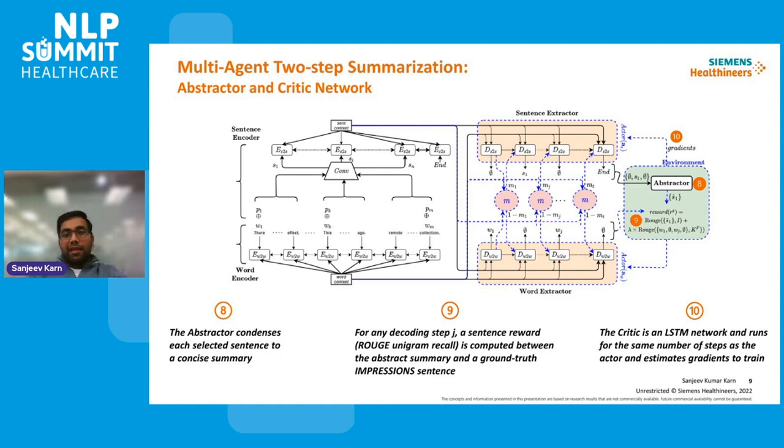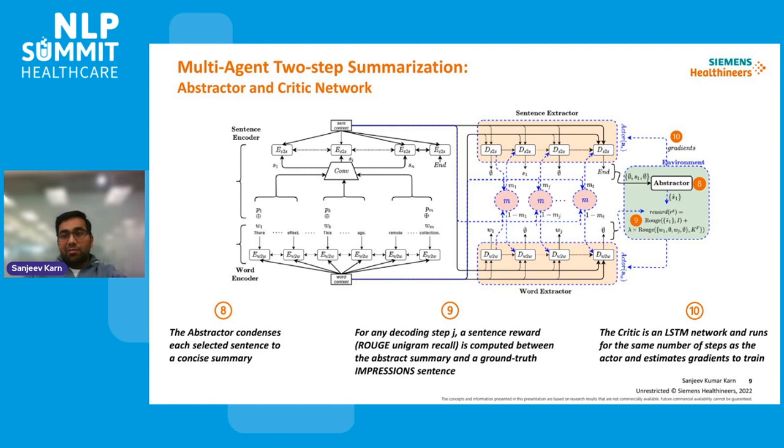Now we have this encoder-decoder network for the extractor. What we do is train it with the abstractor as part of the environment, like the traditional two-step summarization. We put the encoder-decoder abstractor as an environment, and as you see, the extractor now becomes the agent. Everything in the dashed blue lines eventually contributes to the training of the